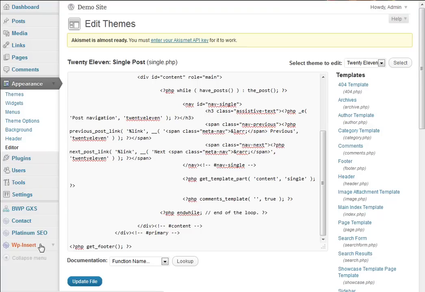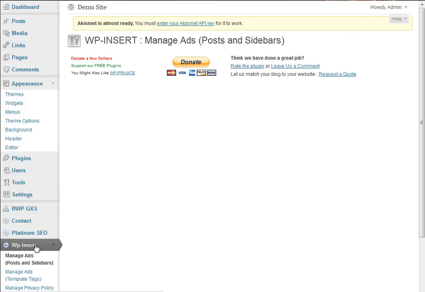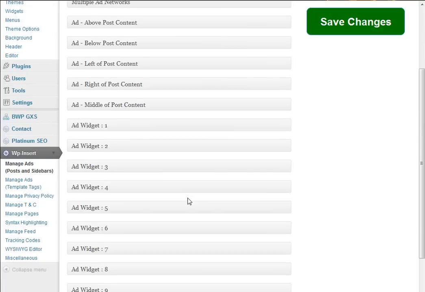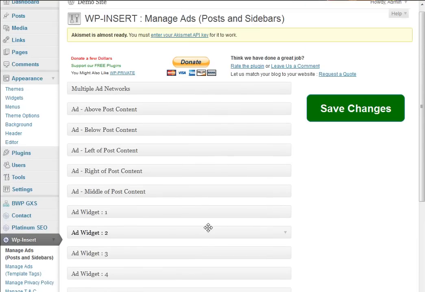That being said, if you really need a plugin because you don't know how to do this, this is pretty advanced. Took us some time to learn. You can go into the WP Insert plugin, and you can install it, and they have some nice places you can put stuff in here. You can do it above the post, below the post, left, right, middle. There's also widgets that you can install, so you can put them in the sidebars,